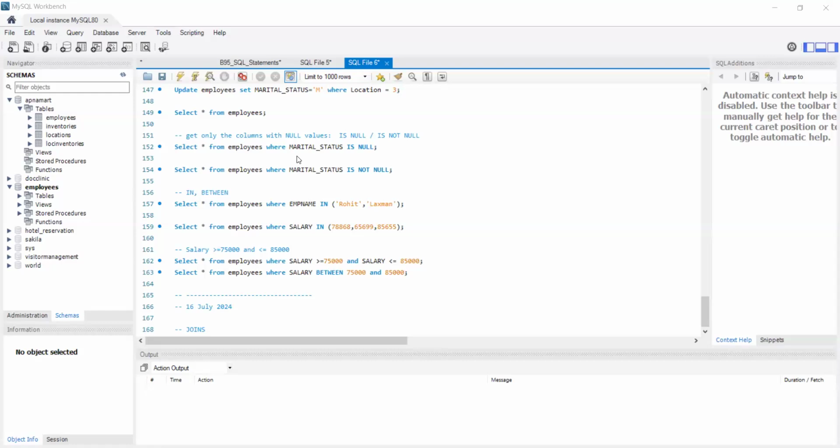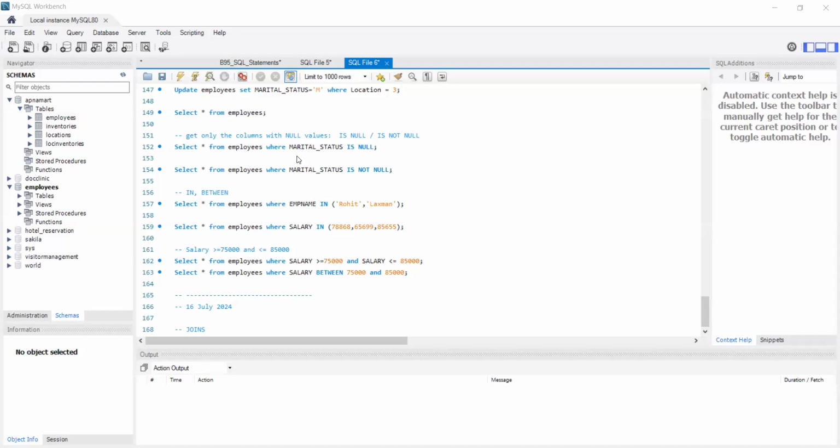So let's say you have data in two tables and you want to join. First of all, when you want to join, there has to be something common. Only then you can join; otherwise, you can't join two things. Excel is taking some time. So let's say you have a table called employees,